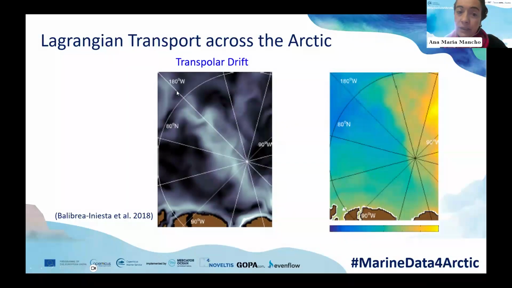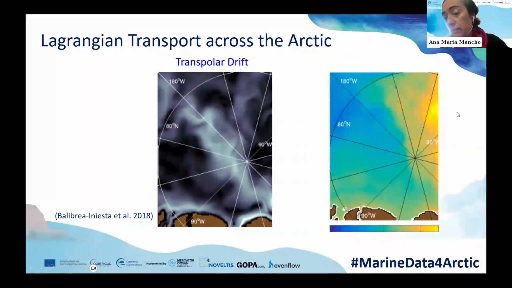The transpolar drift is like a barrier that is highlighted by this very light feature that I am pointing at here in the picture. It is responsible for this very sharp salinity barrier that exists in the Arctic, separating